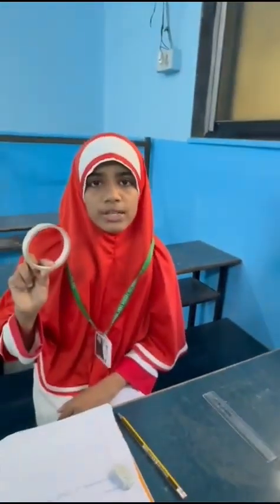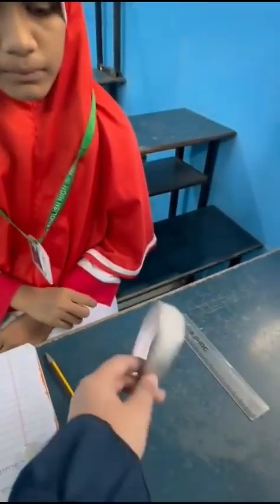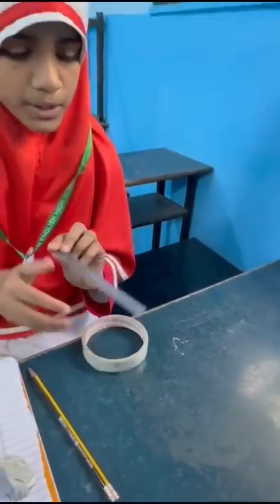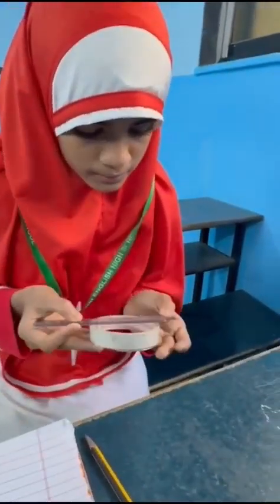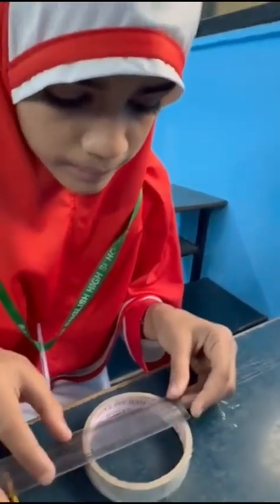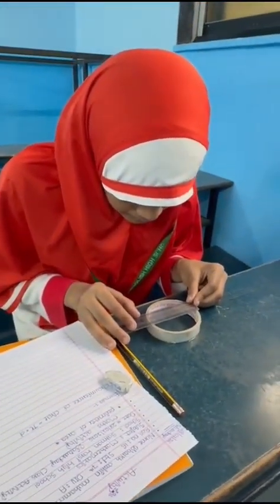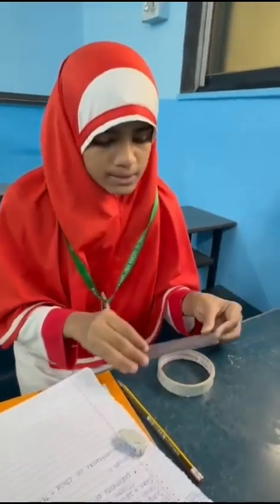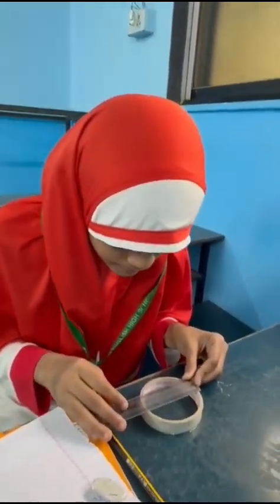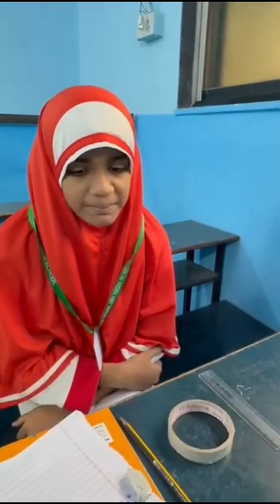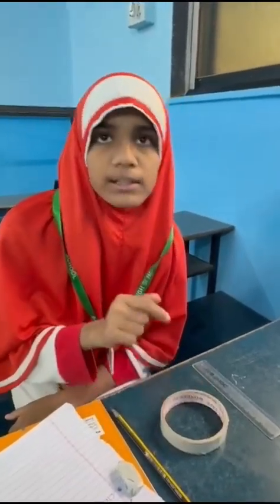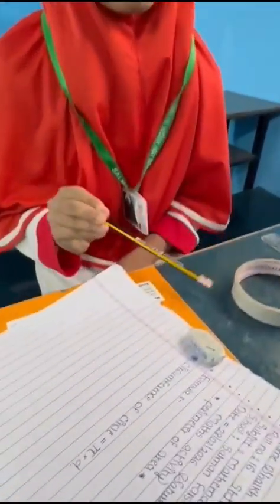Okay, so which shape is this? This is a circular shape tape. Okay, so can you tell me what is the diameter of this shape? Can you calculate it? Yes. Keep it here. Now calculate. This is 8.3. Okay, centimeter. You can say 8.3 centimeters. So using this diameter, what are you calculating? I am calculating the circumference of circle. Okay, so what is the formula for it? The formula is pi d. Very nice. You can continue.